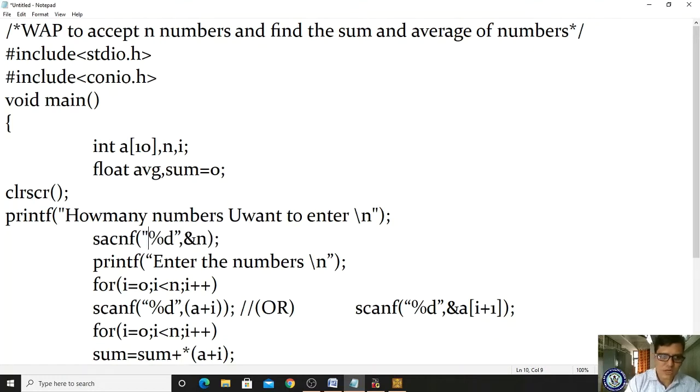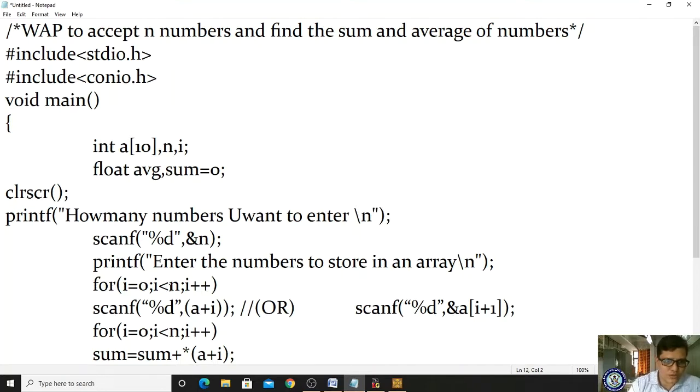So for that I am using scanf. Scanf %d ampersand n, we have to enter n values. Now we are writing one more output statement, enter the numbers to store in an array, right? For that I am using a for loop.